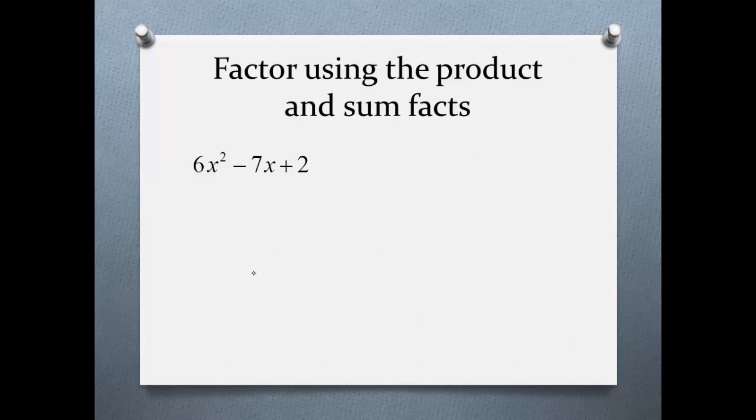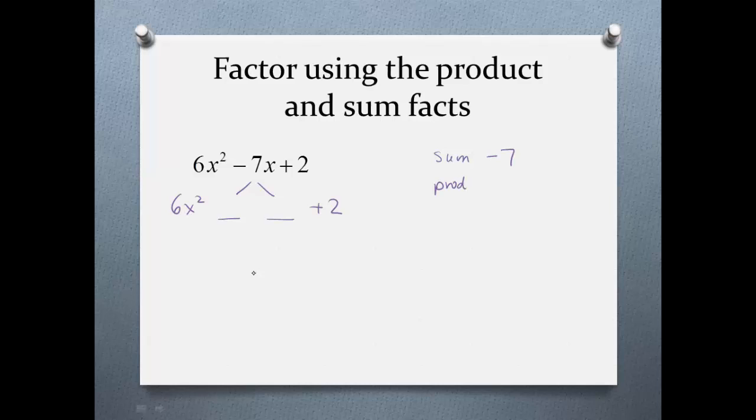Let's try one more. I'm going to leave the 6x squared alone. I'm going to leave the plus 2 alone. But what I'm trying to do is figure out how do I break up that minus 7x so that I get 4 terms again. I know that these 2 terms that I'm going to put in here have to have a sum of negative 7,